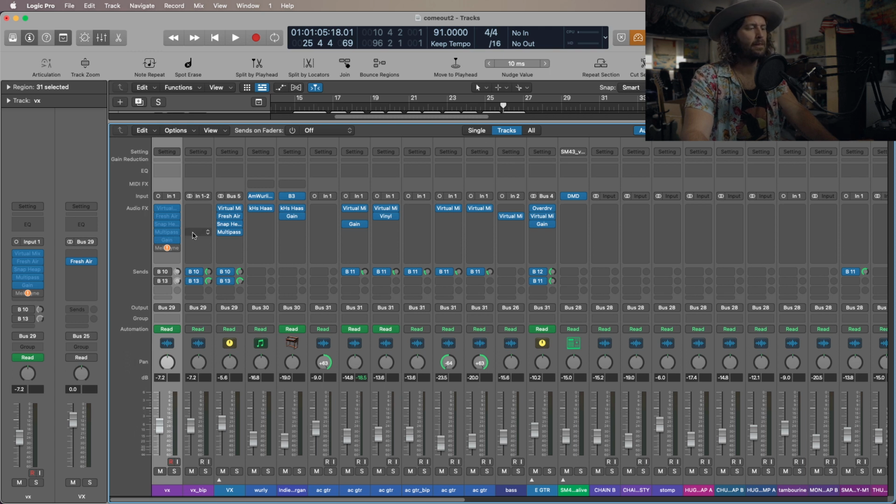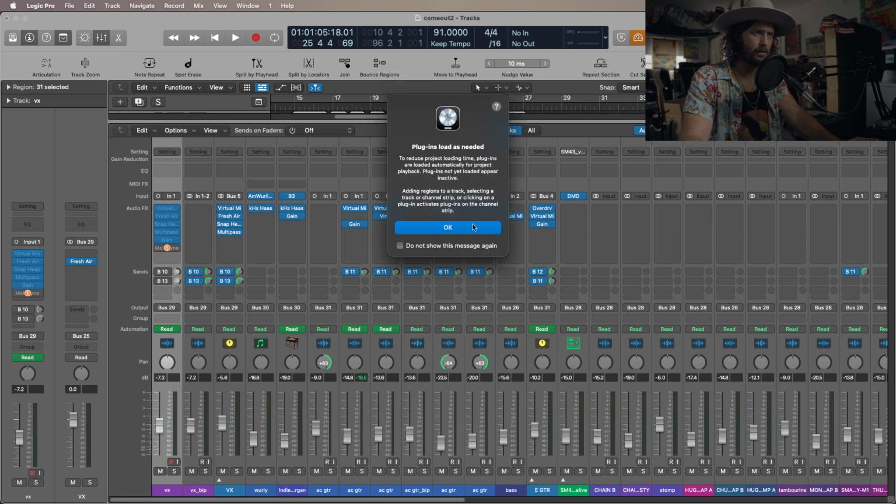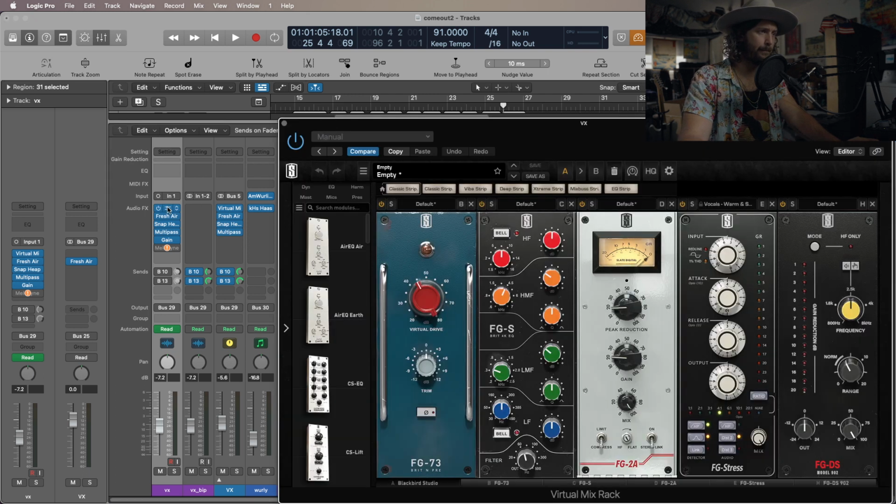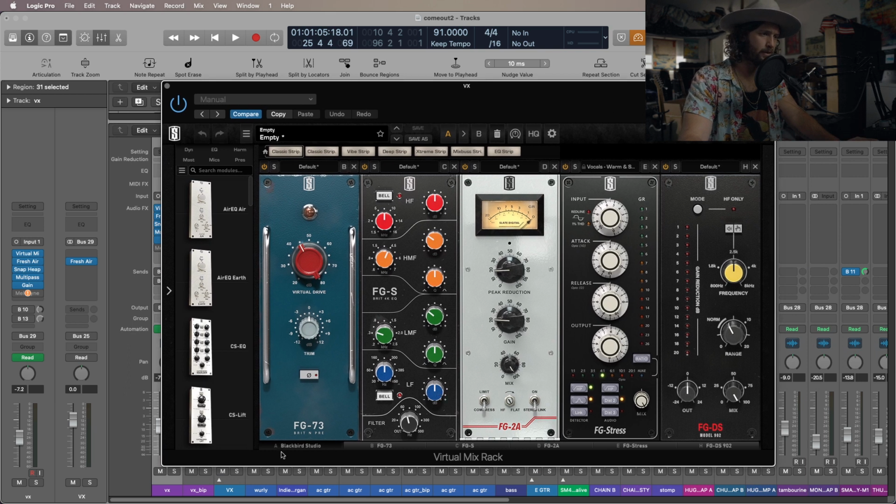So that kind of frees your computer up from having to process. All of these are like little mini programs that your computer has to try and use processing power to run. And so that's what I've done here. So this is the old section. Let's see, plugins load as needed. All right, so they were inactive. Yeah, so over here you see